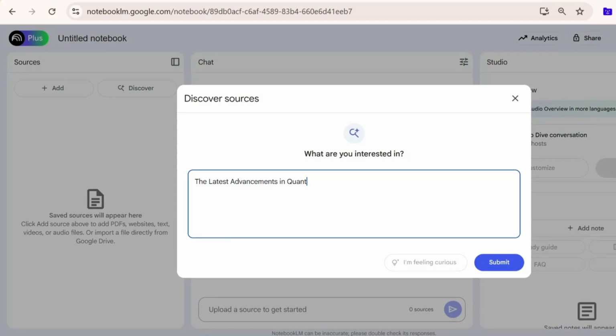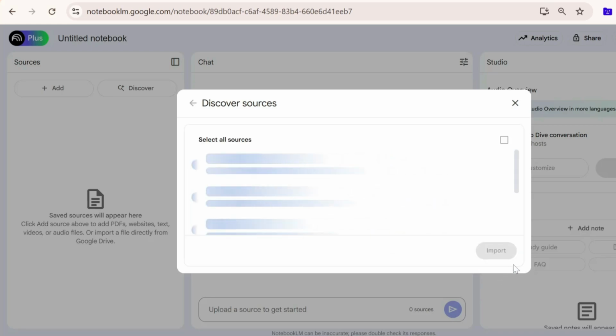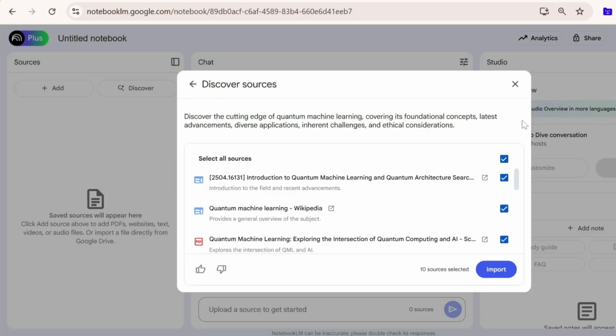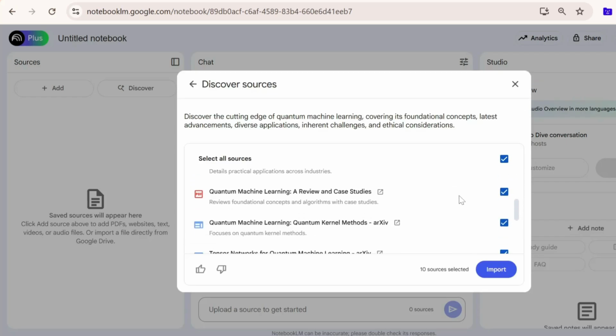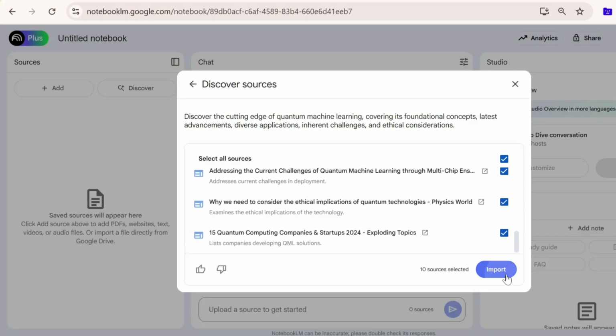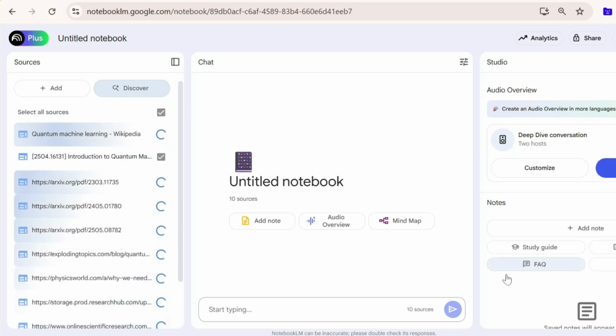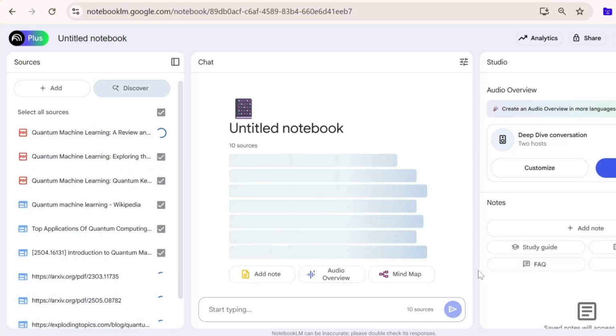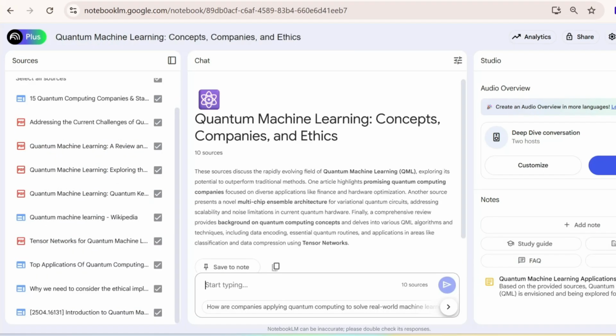I'll type in my research topic, and in just a few moments, Notebook LM presents me with curated, valid sources from Google. Perhaps a few key research papers and a couple of insightful tech blog articles. I'll import all these sources directly into my notebook. Now, instead of asking a vague question like what this is about, I can ask Notebook LM highly targeted questions